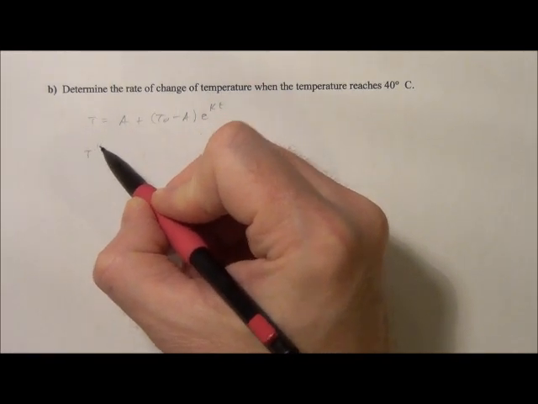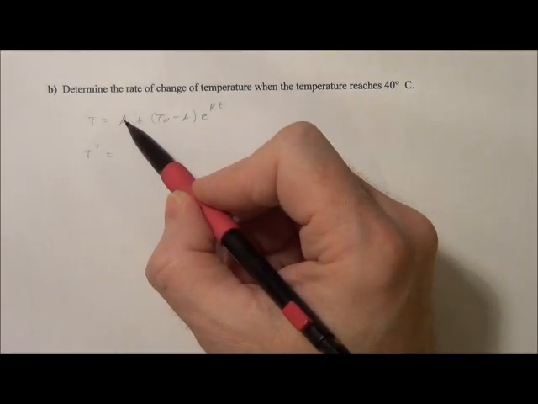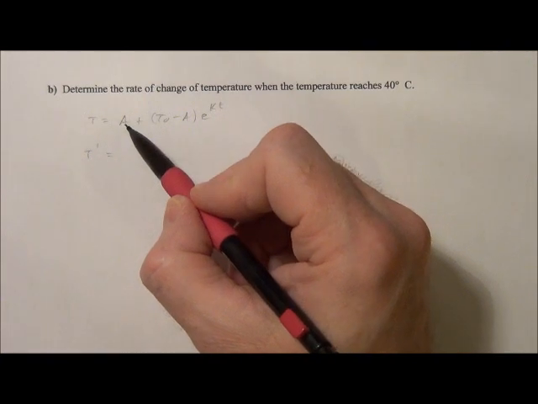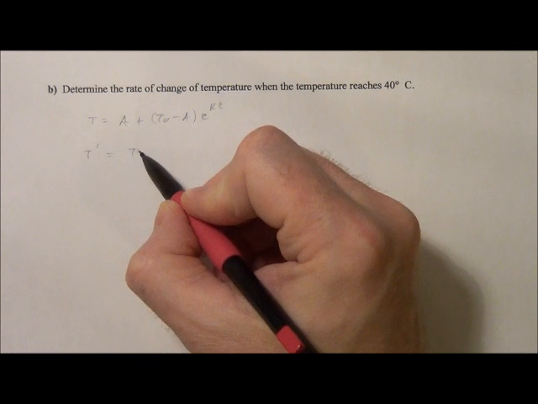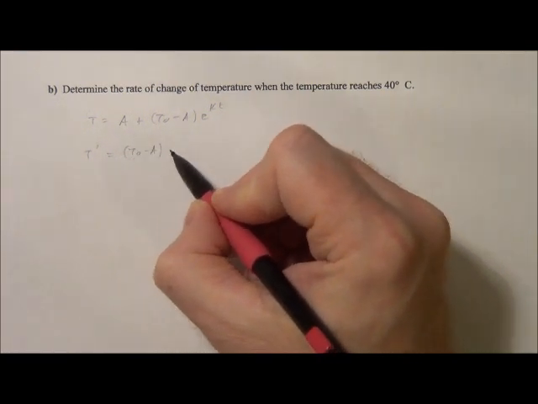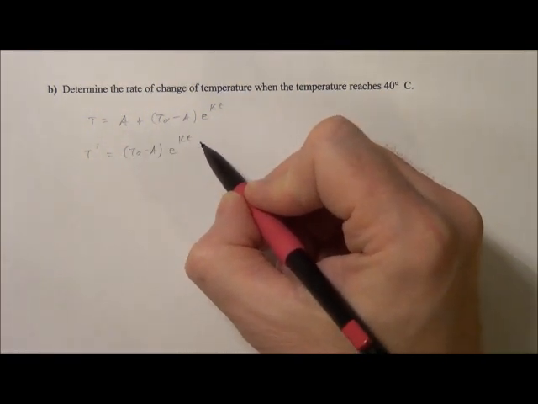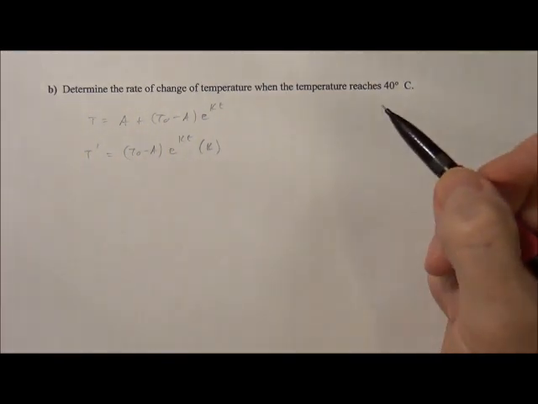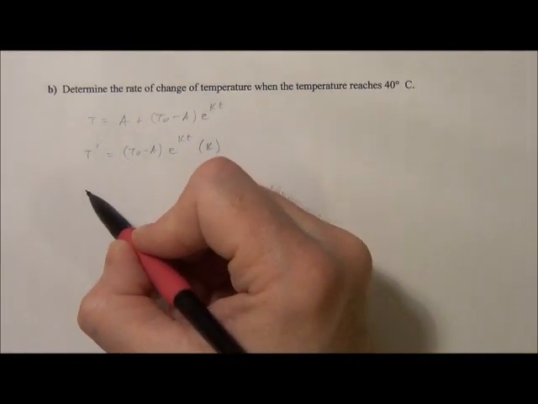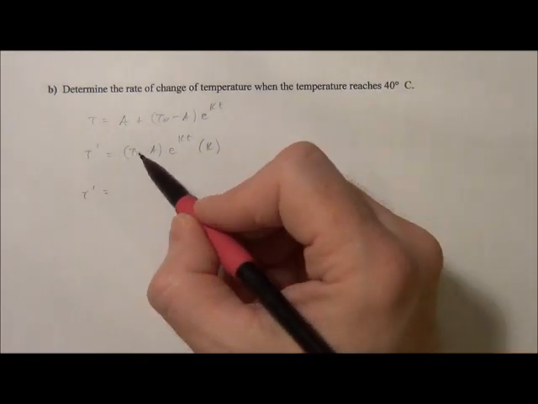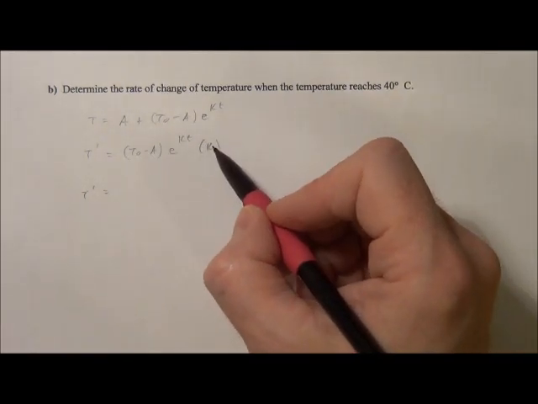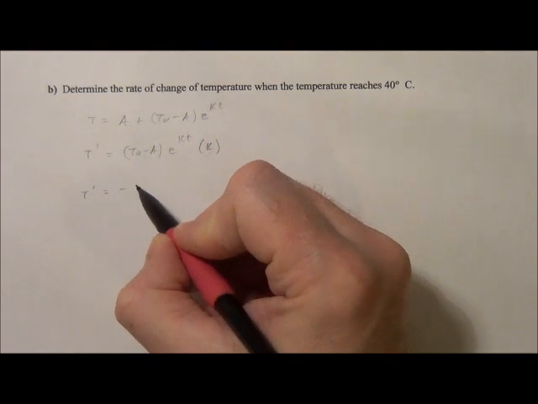So we can do T prime equals, and now when you take the derivative of a constant with respect to T, it's just going to disappear. Then we're going to have T naught minus A times e to the kt times k. And so then we can plug in all the values that we want to use, and I'll bring this k to the front. So you get negative